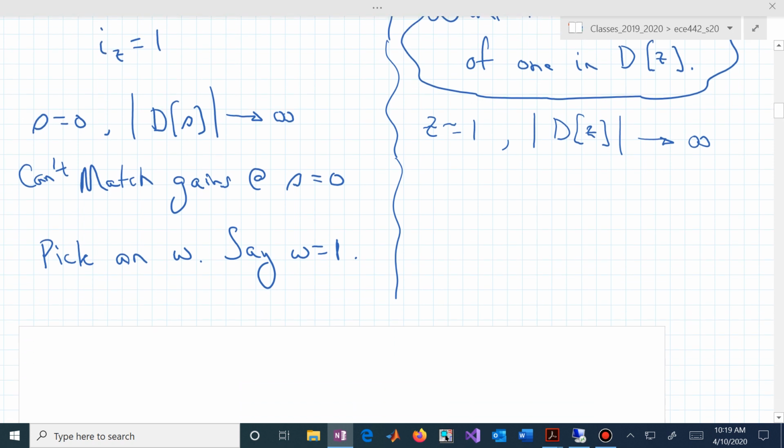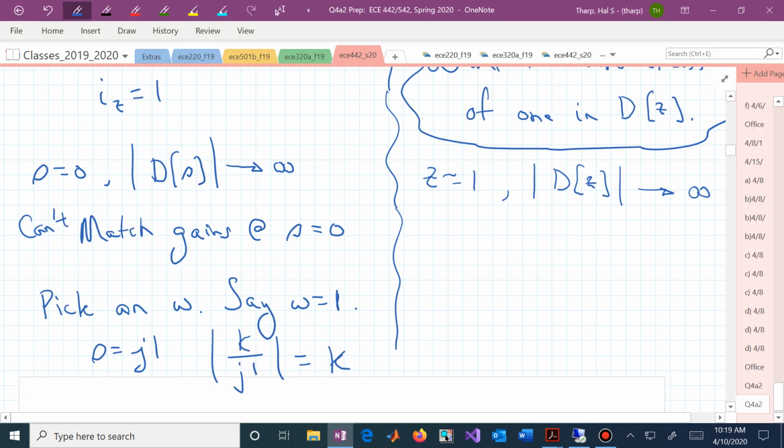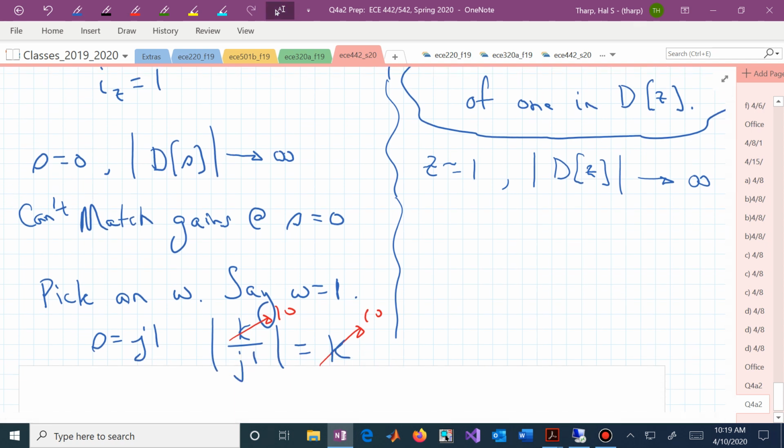That says then that we have s is equal to j1, and we now have, for a magnitude of d of j omega, we have k over j1. The magnitude of j is 1, so now we have k, and somebody might have said, oh, your k in this particular design was 10. You can now use that information over here